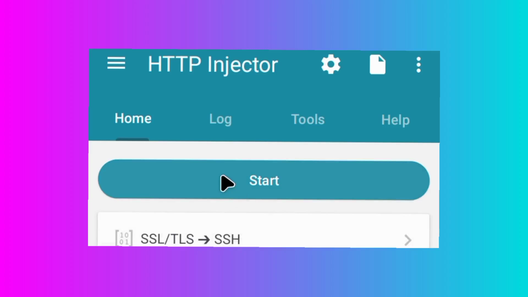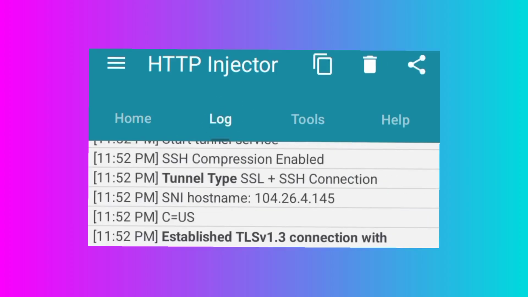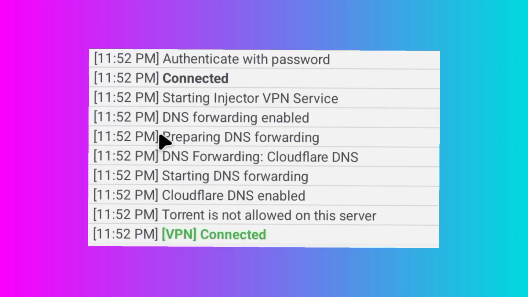And lastly, to ensure a fast and secure connection when you are using the HTTP Injector app, you are required to tap on this start button. When you tap on the start button, you just give this app a few seconds to connect, and within a few seconds the app will be connected. And as you can see right here, the VPN is right now connected. And that's how we set up